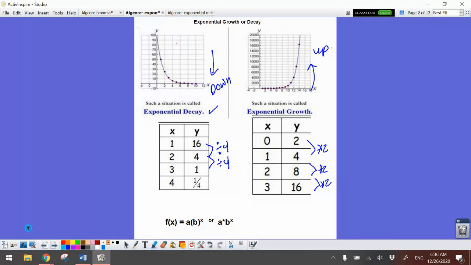And we're going to see that our functions look like this. They look like a times b to the x, where we have a power. We have an exponent that is the variable. And we also see it as a times b to the x without the parentheses. It's the same thing, but they definitely have an exponent that's a power. Now there are two types of